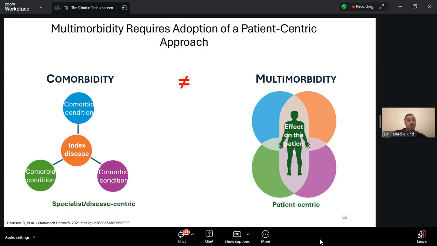So what is the difference between comorbidity and multimorbidity? Actually, although the terms look similar, they are not the same. While both focus on the occurrence of multiple chronic conditions, comorbidity refers to the combined effect of additional conditions in reference to an index condition. Like a patient who has heart failure, we usually focus on the heart failure while he has other comorbidities like diabetes and hypertension. And this actually results in fragmented